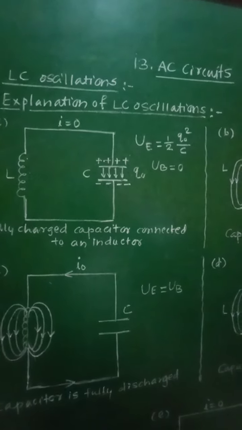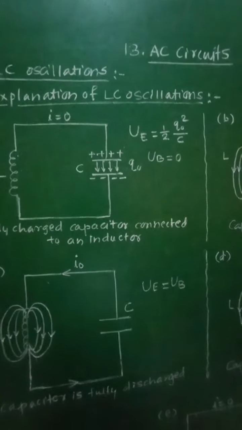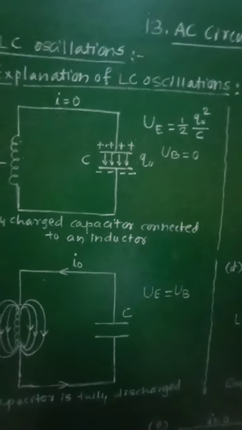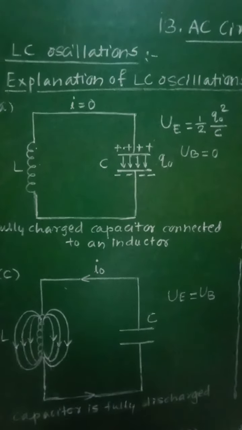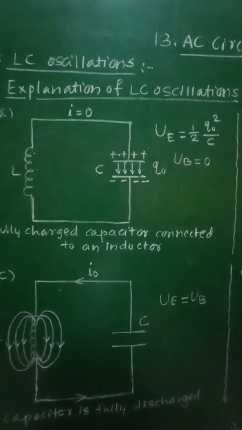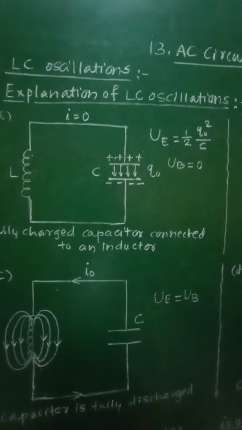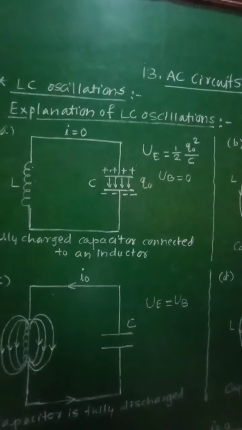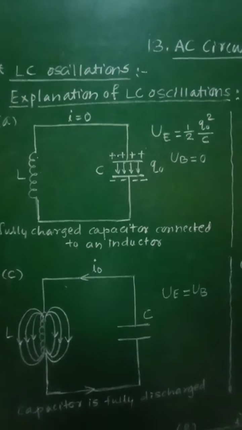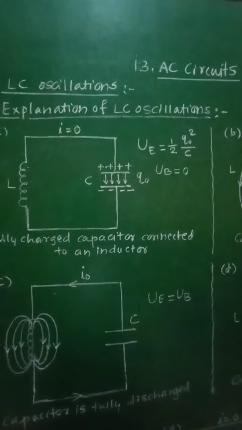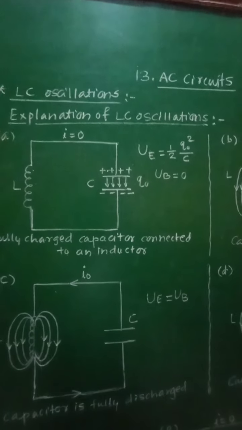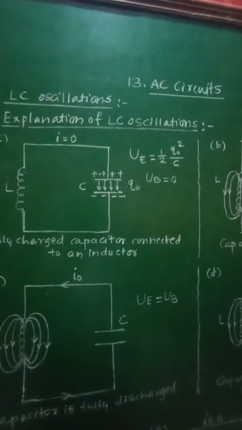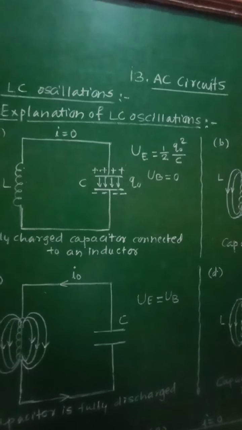This process of charging and discharging of the capacitor due to the inductor continues and repeats, and energy taken from the source keeps on oscillating between the capacitor C and the inductor L. When a charged capacitor is allowed to discharge through a non-resistive inductor, electric oscillations of constant amplitude and frequency are produced.